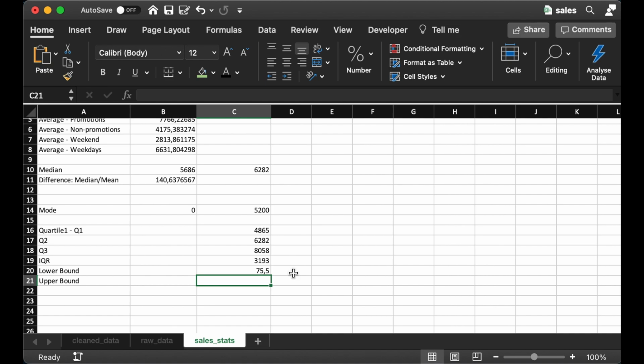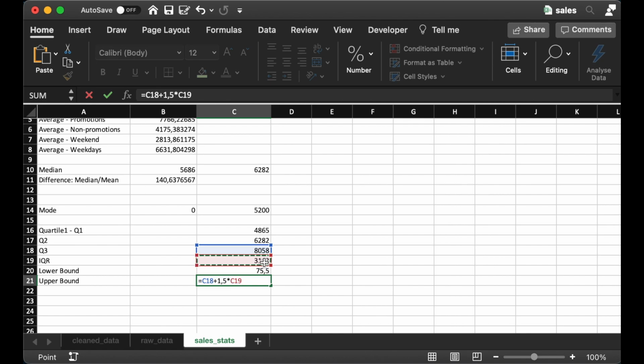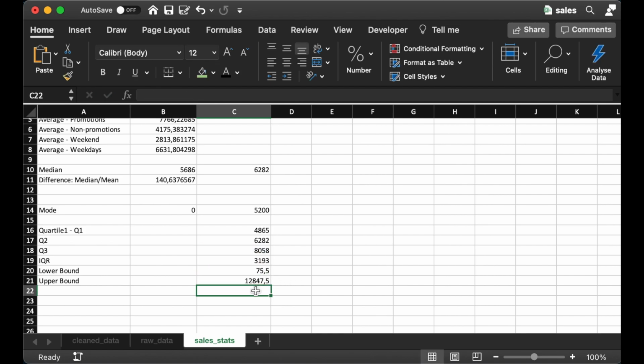In a similar way, we can calculate the upper bound, which is an addition to Q3. So you take Q3 and then you add 1.5 times the interquartile range. And our upper bound is coming to be 12,847.5 euros. How you read this is